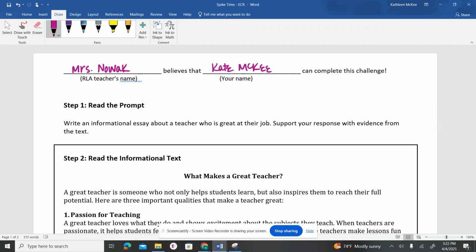Can complete this challenge. All right, today we are going to be doing something that is quite challenging, and I am challenging you to do your best and believe that you can do it. We are going to write an extended constructed response, and you are going to write it in 10 minutes. And if you're sitting there thinking, I can't do that, I 100% believe that you can do it,